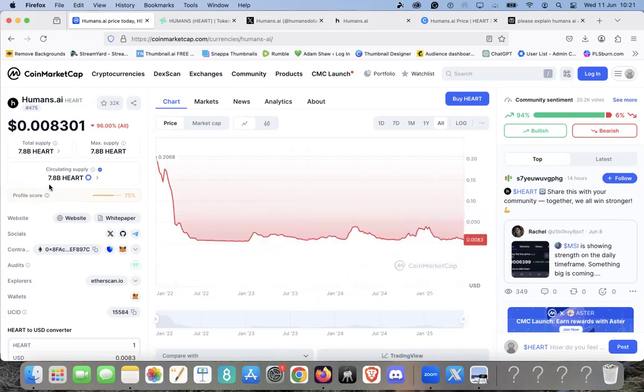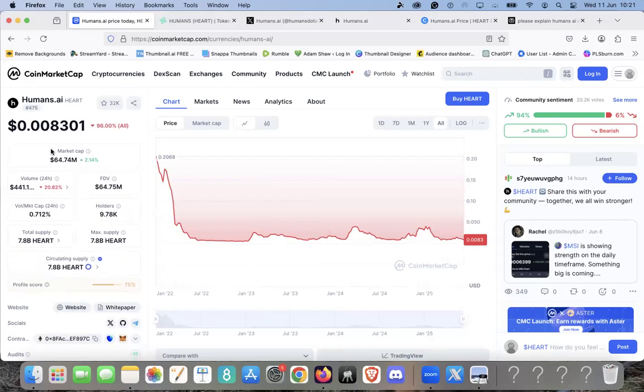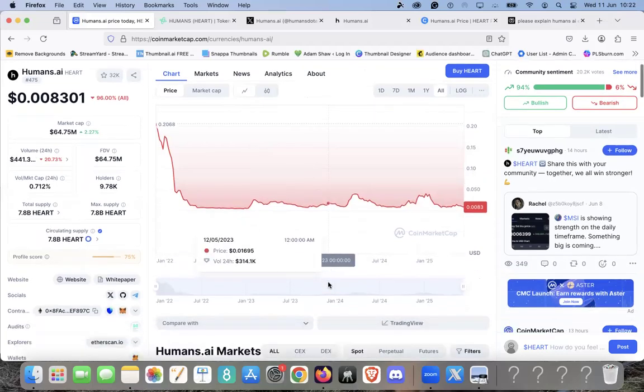But let's look at other stuff here. So the market cap, 64 million, which is relatively small, but it's big enough to show that this isn't just a startup project in the early stages. And not only that, this is what I really like about it, the circulating supply. The circulating supply is the maximum supply. 100% of the supply is in circulation with this coin, which means it's excellent tokenomics and there's no room for price dumpage or suppression here. So this is a very, very positive thing to start things going.